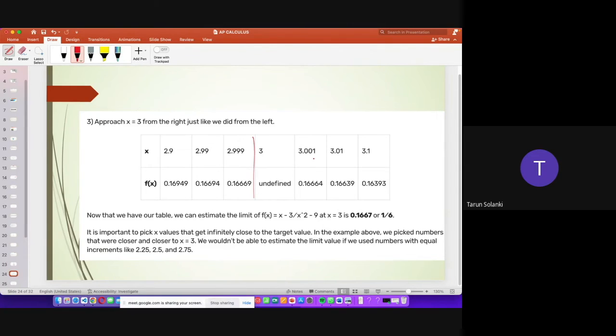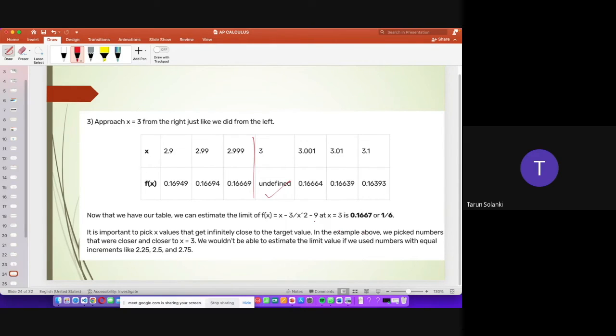At 3 it's exactly undefined. Now let's look at 3.0001. So here you will get 0.16664. Take 3.01, you will get 0.16639. Take 3.1, you will get 0.16393, right? So our table for the function (x minus 3) divided by (x squared minus 9) at x equals 3 is